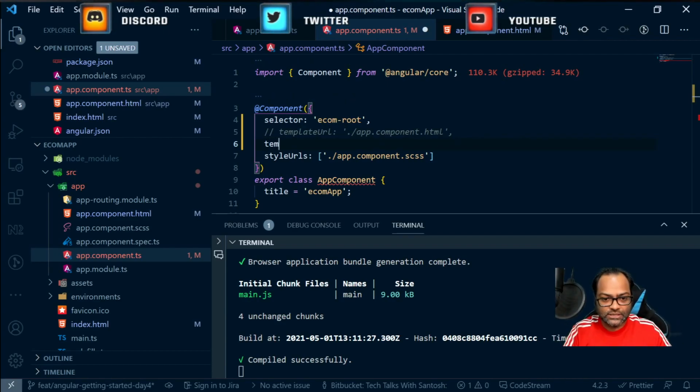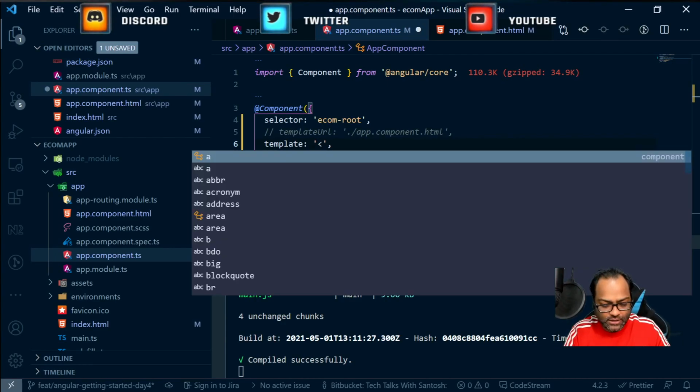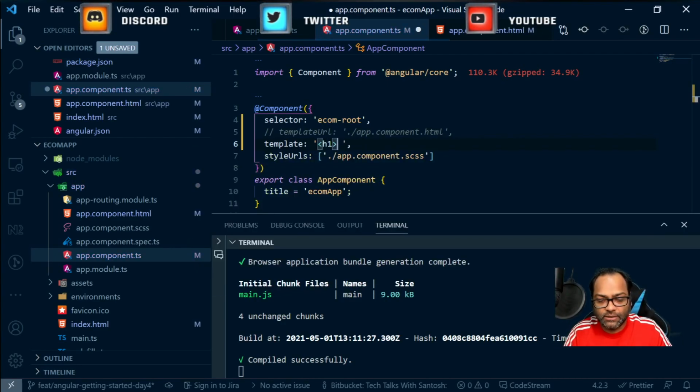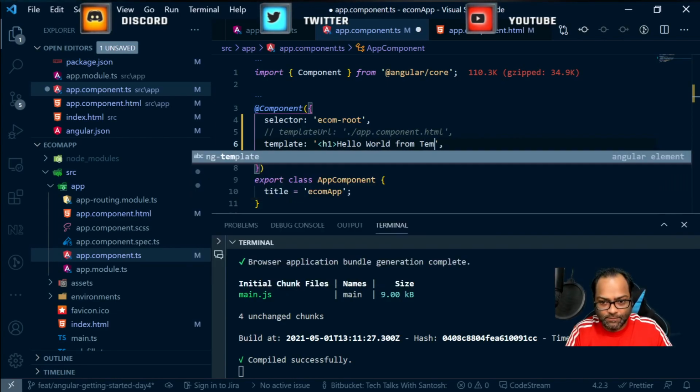So let's see the second option, which is template, where you can provide inline HTML. So here, rather than providing a different HTML file, I can just write a template and write the H1 inside this. I mean, write the HTML inside this. So I can say, hello world from template,